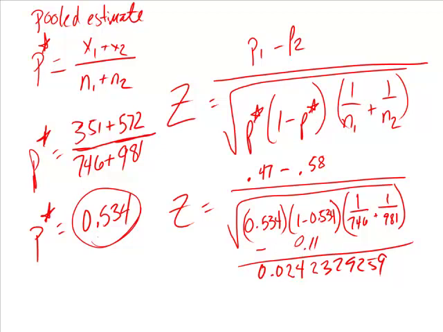You take that number and you divide it by the denominator, 0.0242329259. I get a z-score